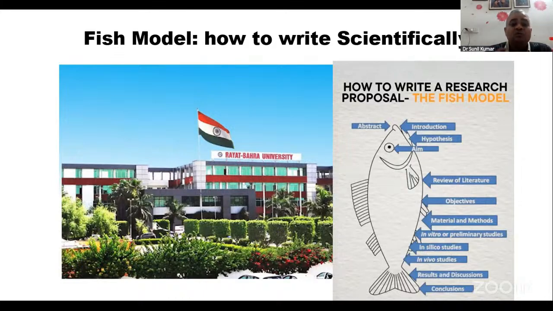Suppose you want to find a new molecule, a new drug, or a new entity, because plants are a very good source of new compounds, because whatever we are getting is available in the plants, right? Plant leaves, plant flowers, plant seeds, plant roots, plant bark, right? So they have different content that is already there in the plants. But we have to find it out, and we have to collect all the evidences regarding that. If we are saying that this particular plant is effective against this particular infection, or this particular molecule is affecting this particular disease, what do we require? We require evidences. So that is what this fish model, from top to bottom, is telling you, how you have to proceed